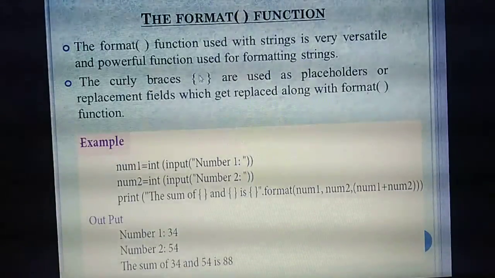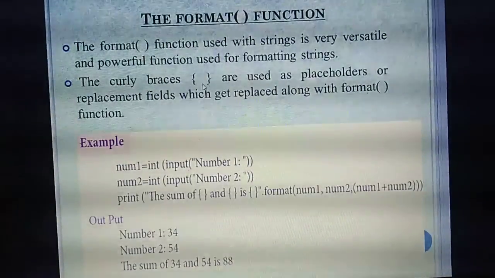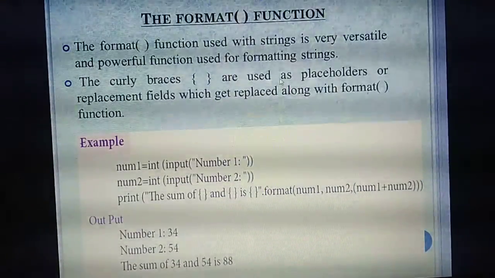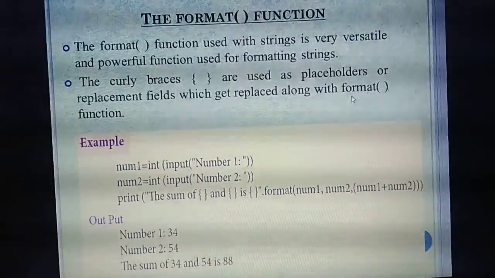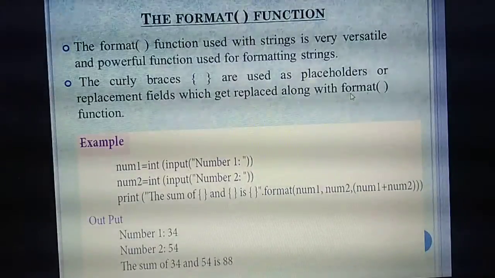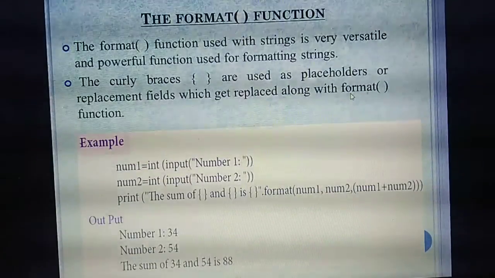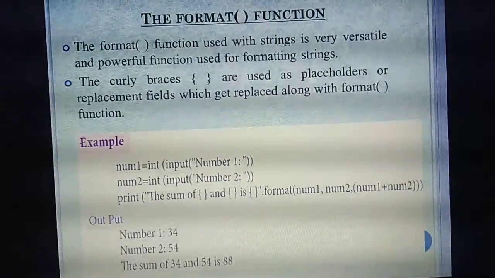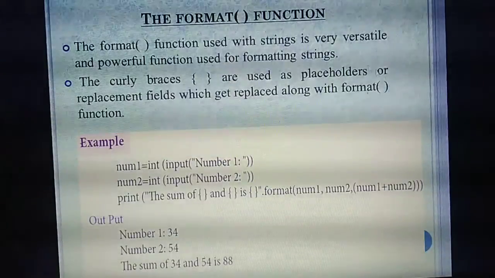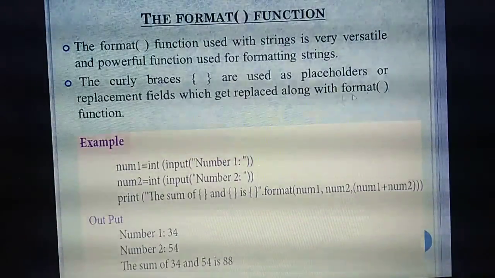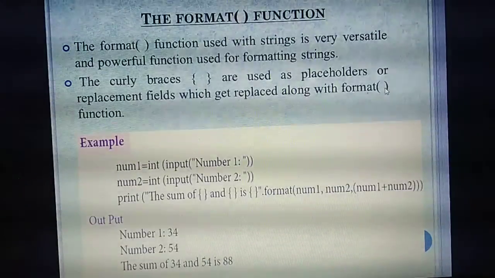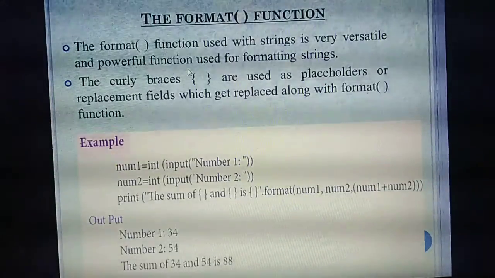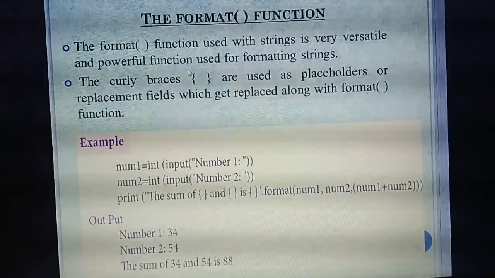So what are the things you can insert? If you are entering strings, it will hold the string. If you are entering numbers, it will hold the numbers. So we are calling these curly braces placeholders. They are replacement fields, meaning they will replace the particular thing with the field you are entering. In a program, if you need to use the formatter function, the function name is format. So any time you see this format function with curly braces, you should know this is a formatter function.